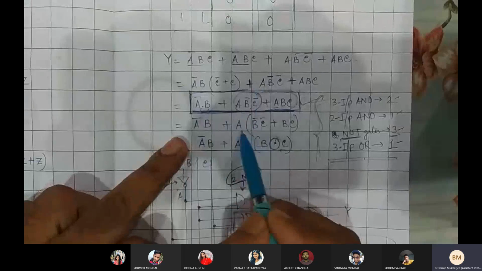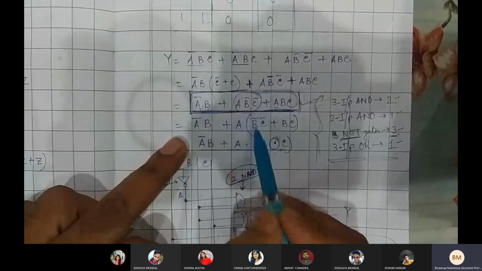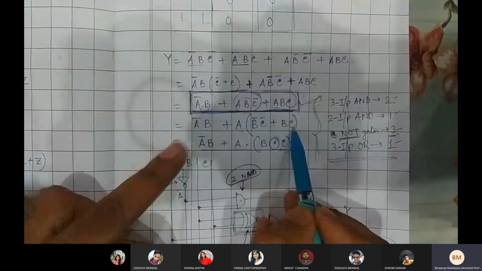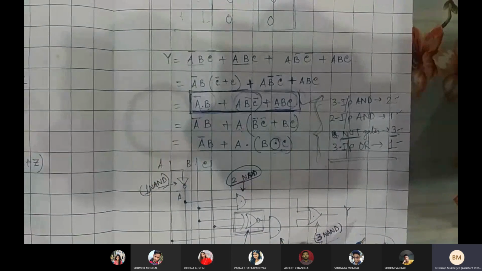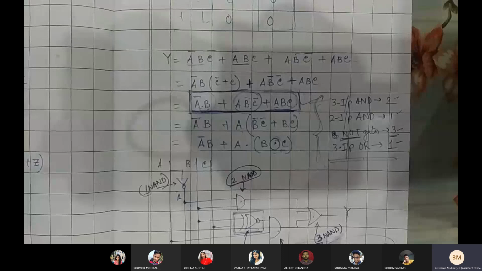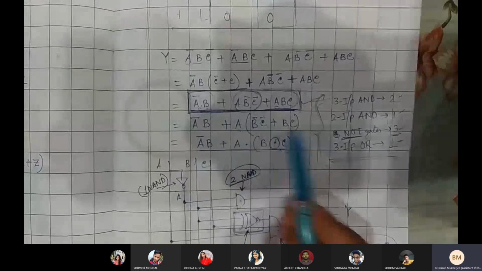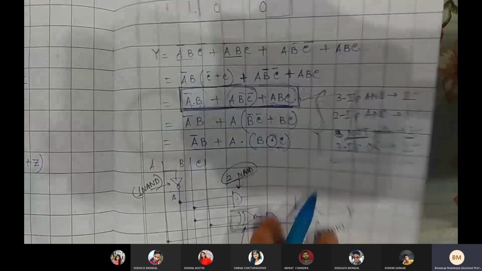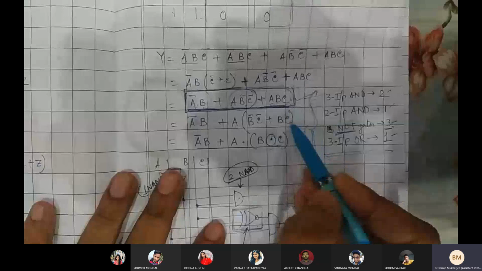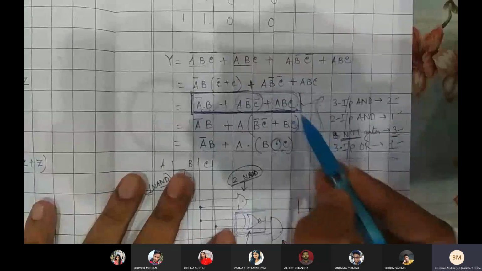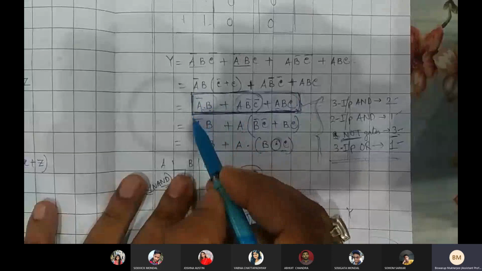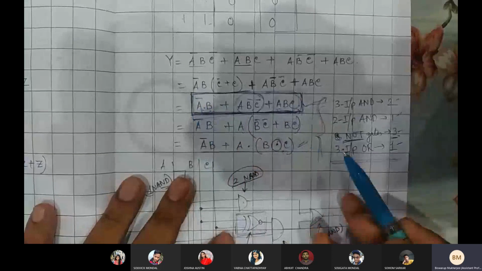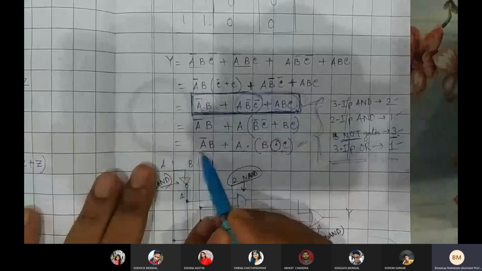But if you take common of A, the rest of the part is B bar C bar plus BC. It is not at all a minimization technique, right? You can use some bracket, but that is not at all a minimized one, right? All the terms are remaining as it is, they remain the same. So that is not the minimization. So this step is not providing any minimization. So either you can keep as it is, or else you move down to this one. So this is obviously a minimized one.